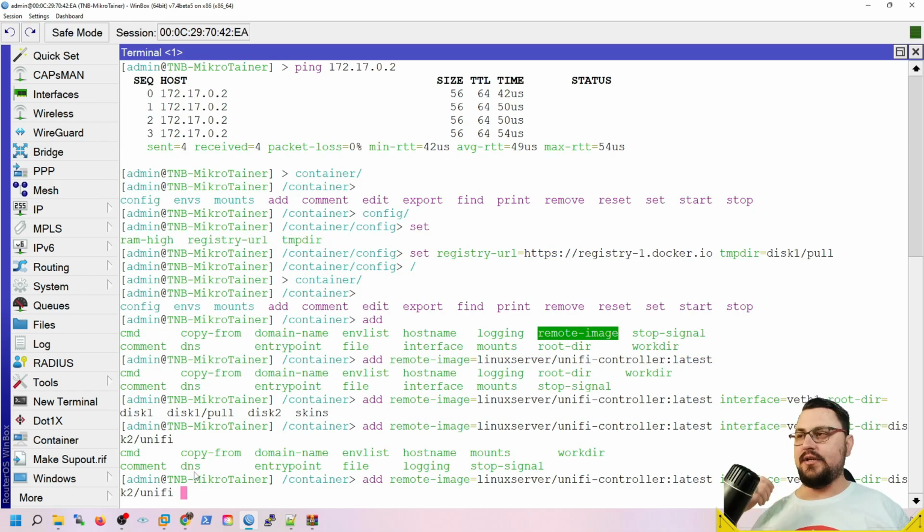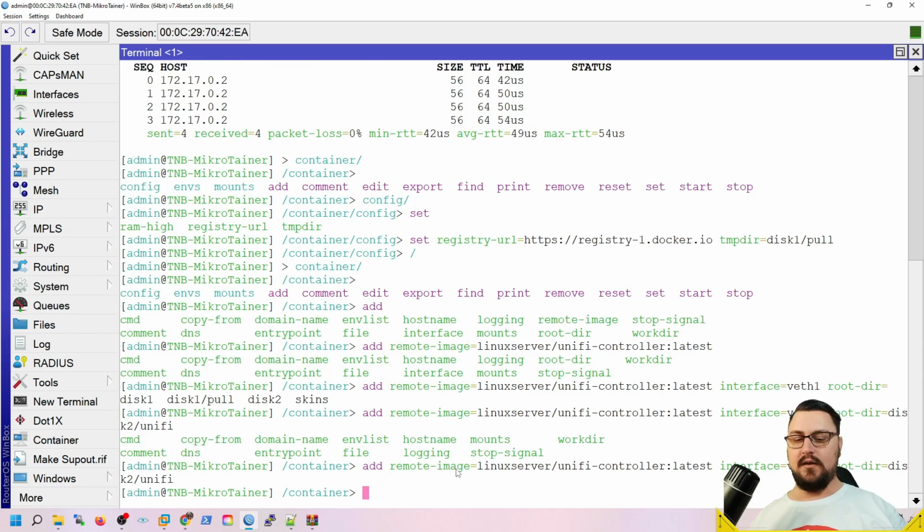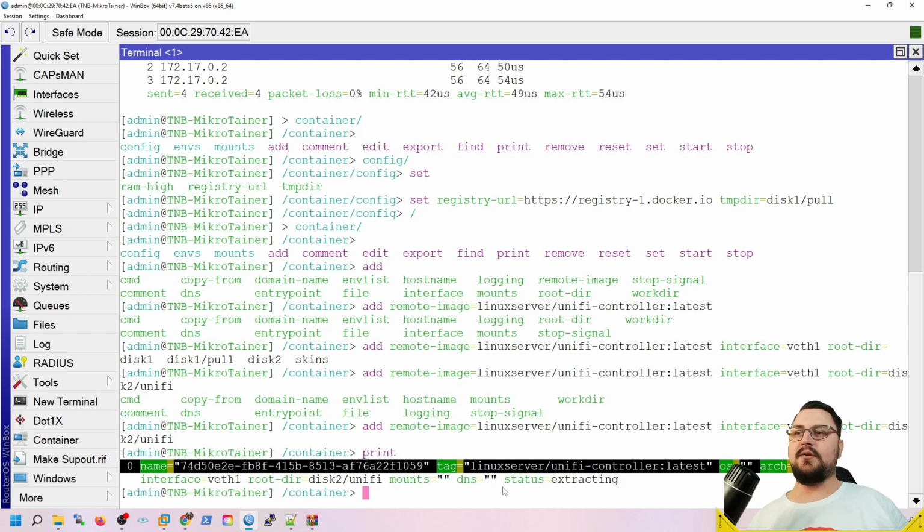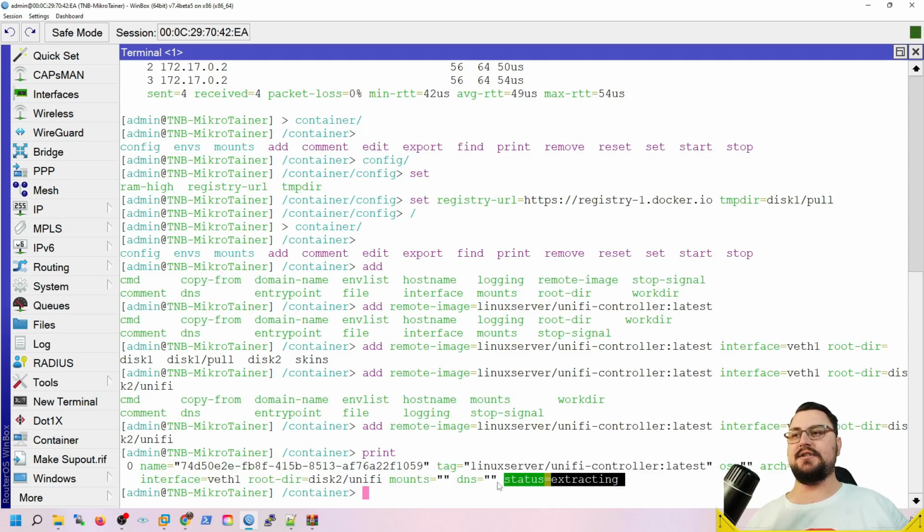There is extra stuff that you can set here, like the DNS or the environment list or the mounts or whatnot, but I'm just doing a basic setup. So I'm just hitting enter. And if I print this, you should actually see that it's going to give you a name here. It gives you the tag. And it doesn't have any details yet because it's still busy downloading the package, but you'll see the status is